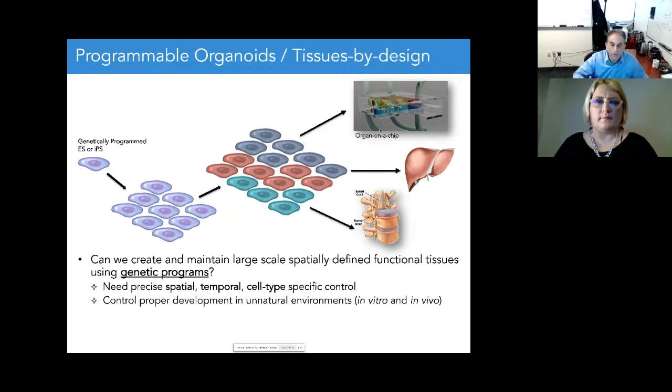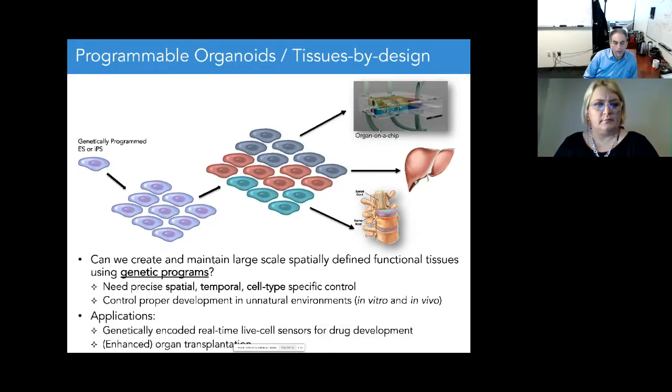On the liver front, I'll show you data where we are now able to make some fairly interesting liver organoids. And we're going to do that with genetic programs that control various properties of stem cell differentiation. We can do this for creating the tissues. We can also create sensors in there that can tell us, if you apply a specific drug candidate, what's the response? Is this toxic? Is this affecting the right metabolic pathways, for example?